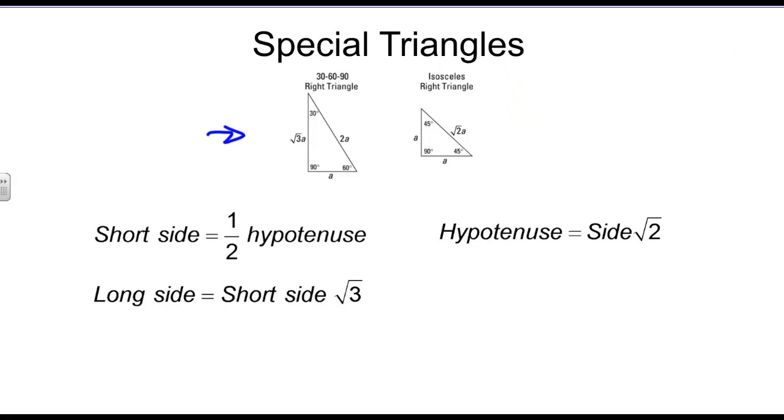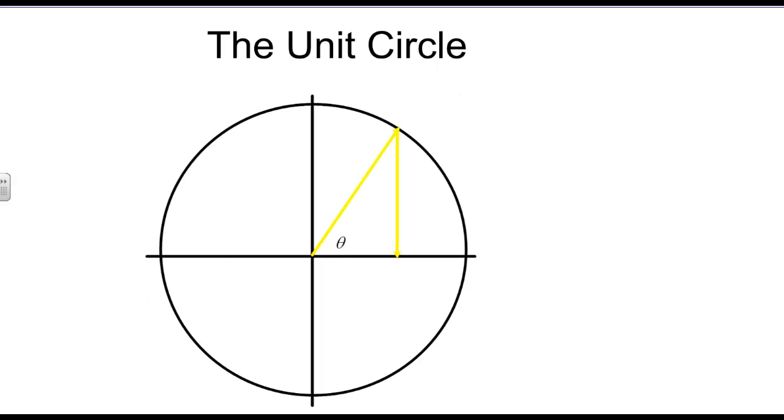Now, from here, we're going to jump to something known as the unit circle. A unit circle is a circle with a radius of 1. And like anything else, if we want to know where a specific point is on that circle, some x, y,